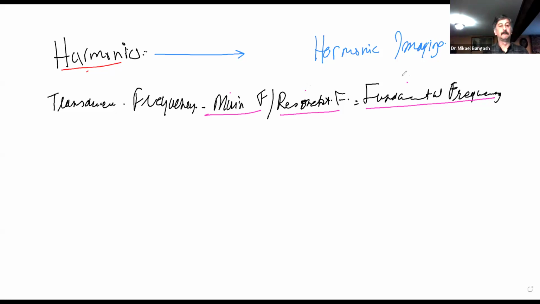Did you guys get that? Yes. Okay, so when we first use this transducer, it was using its fundamental frequency, main frequency, resonant frequency,